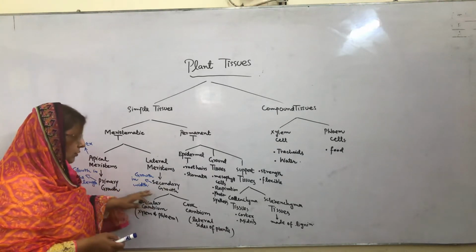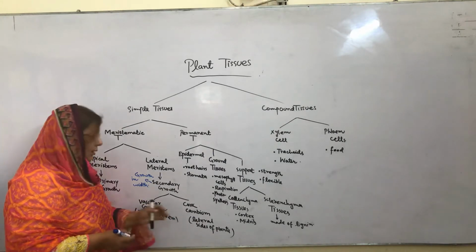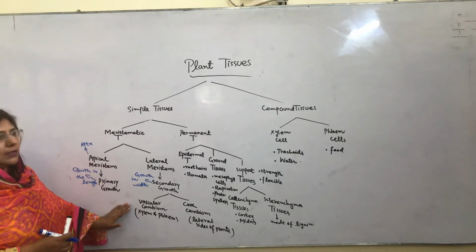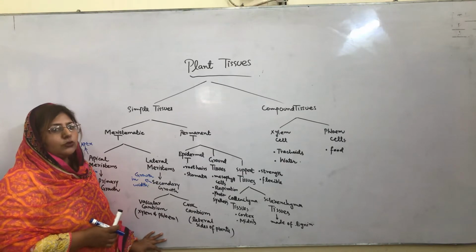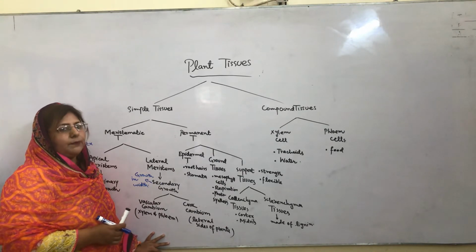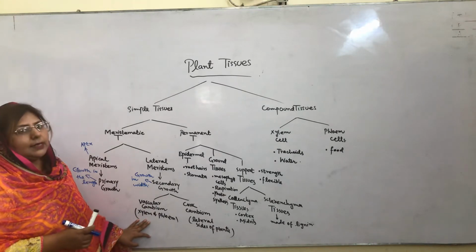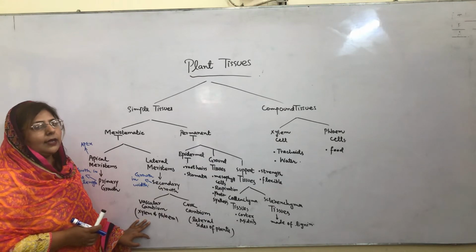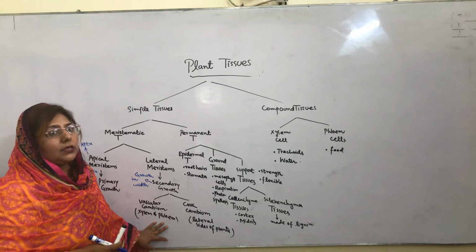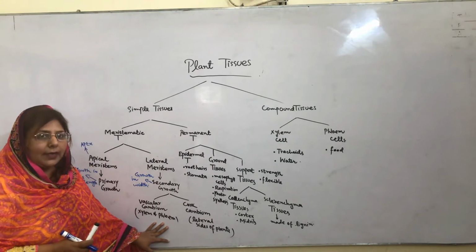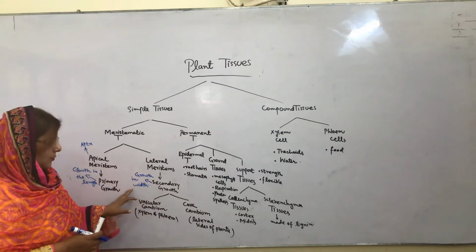Secondary growth further shows two types. First is called vascular cambium and second is called cork cambium. Vascular cambium cells are found in xylem and phloem tissues. Xylem and phloem tissue, this is clear to you. These are tube-like structures present in the stem, and they play an important role. Xylem cells conduct water and salts from the roots of the plant and take them up to all parts of the plant. And phloem cells are responsible for the conduction of food and organic materials, and they take them up to all parts of the plant.